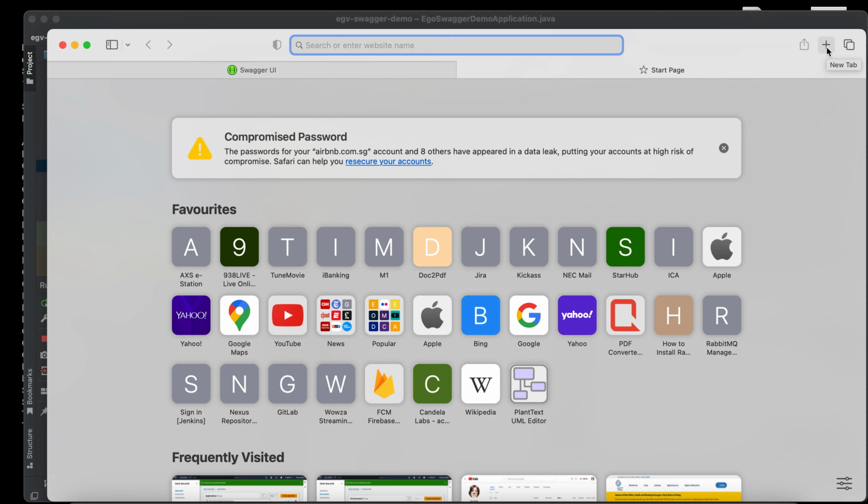Alright, so let's log into our AWS console.